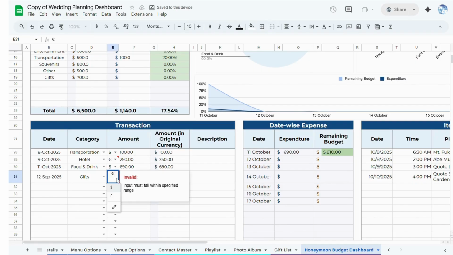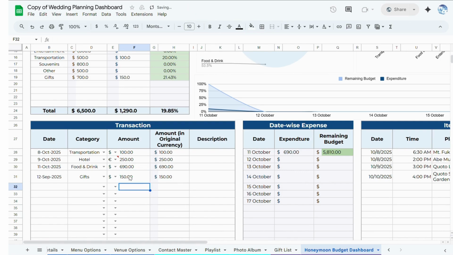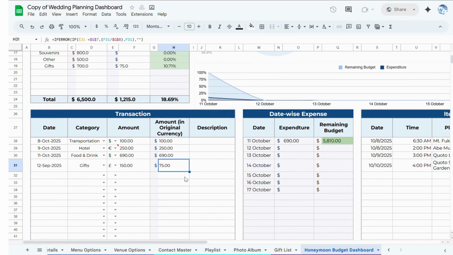I will choose a currency of dollar, and I will just enter 150, and here you can see it's automatically getting updated here. So if I had entered in euros, it would have been automatically updated in my original currency. It is showing that I have spent $75,